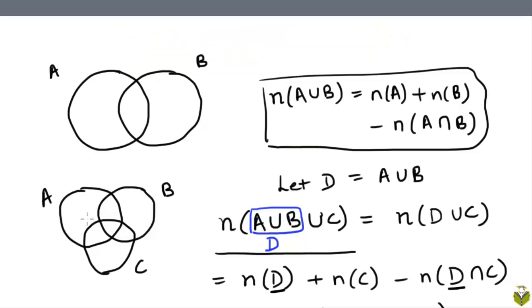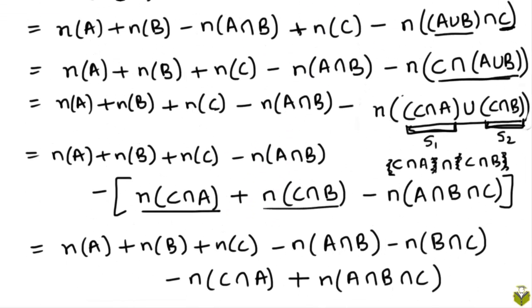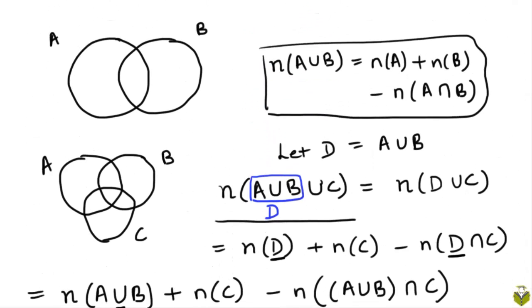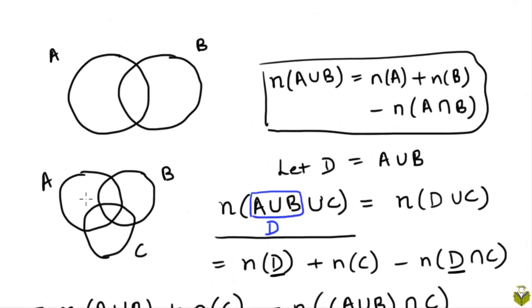Let's now try to use a second method to derive the same formula that we did over here, but let's focus on the Venn diagram. We want to derive an expression for the number of elements in A union B union C. That would be the number of elements in at least one of these three sets, which would be given by the number of elements lying within this bounded region